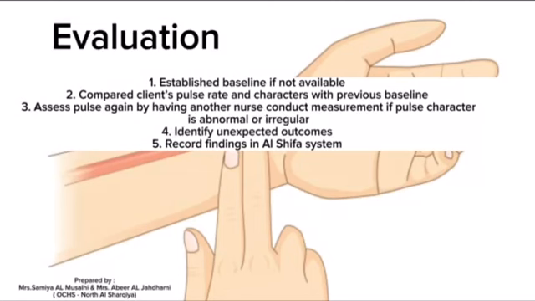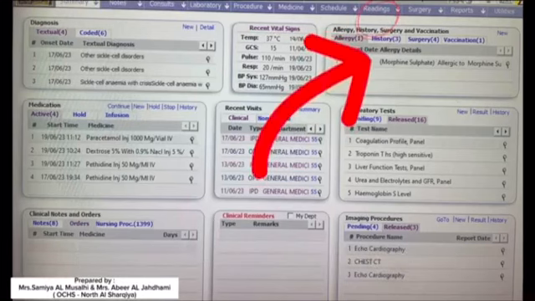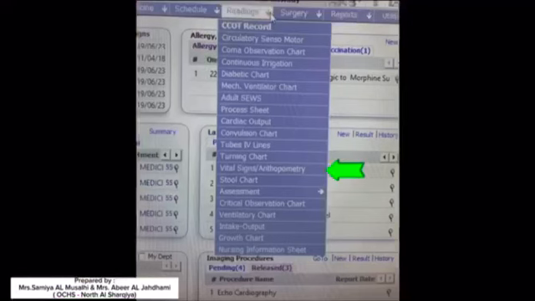5. Record findings in Al-Shifa system. How to document in vital sign flow chart. Go to reading. Then click on vital signs. Document the rate,